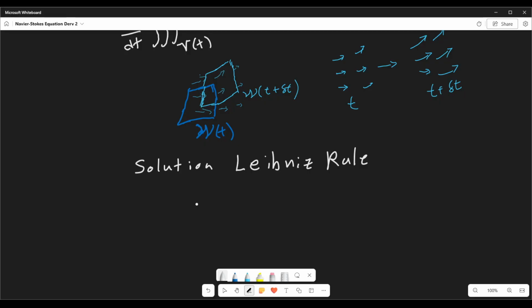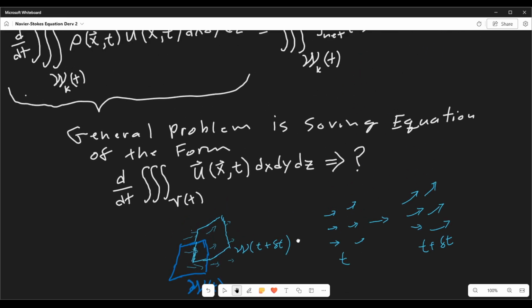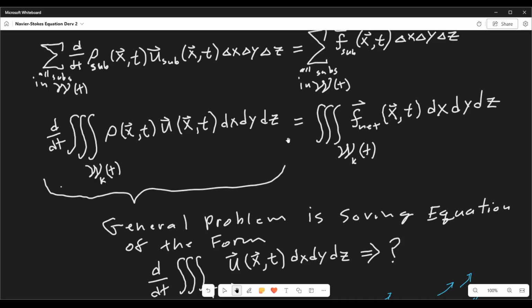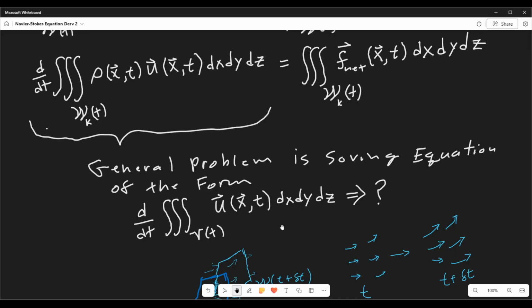And that will basically be the topic for the next optional section. After I solve that, this will start up again, using the Leibniz rule to solve the left-hand side of this equation. And then it will go back to the derivation of the Euler